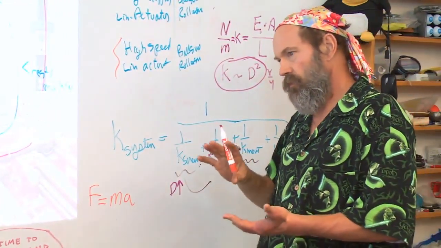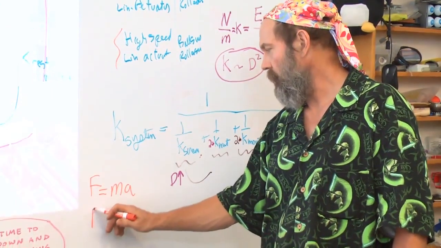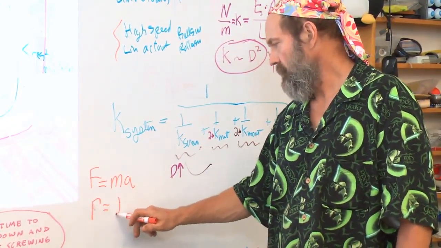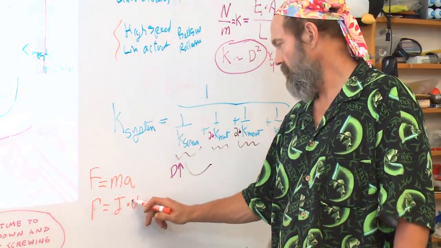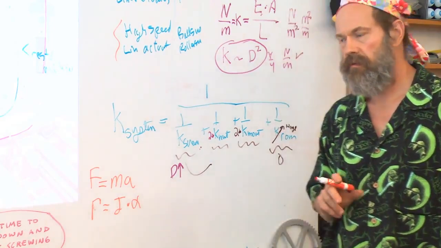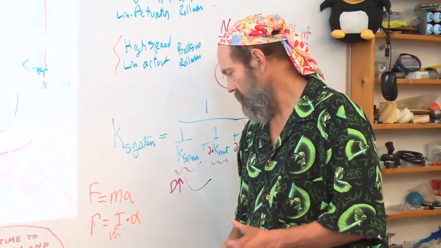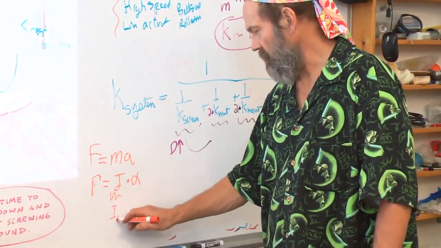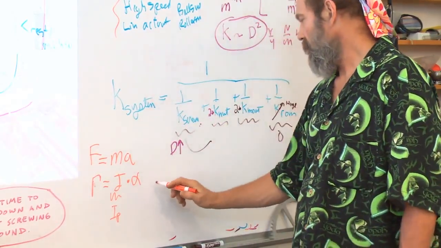Or for a screw rotating, I want to move it real fast. The torque equals the moment of inertia times the angular acceleration. This moment of inertia, or sometimes it's written as IP, the polar moment of inertia, because I'm doing rotation of a screw shaft,